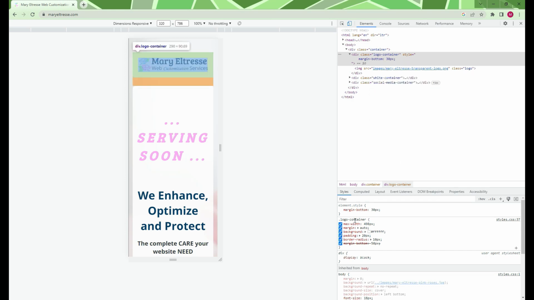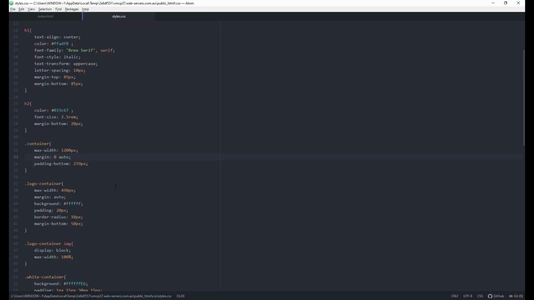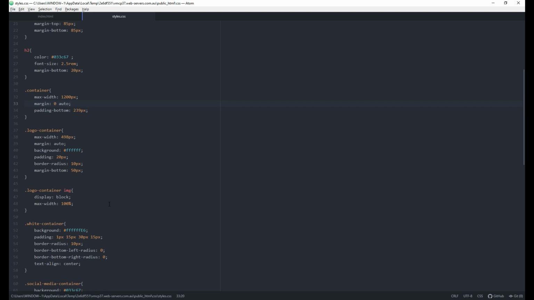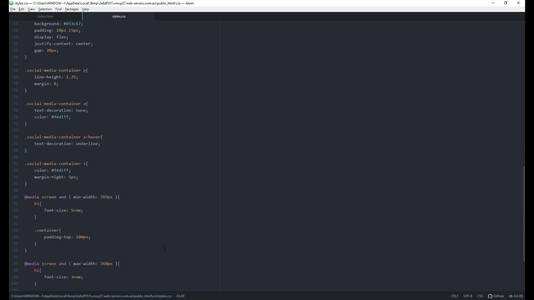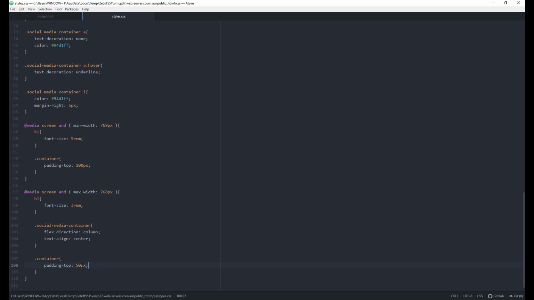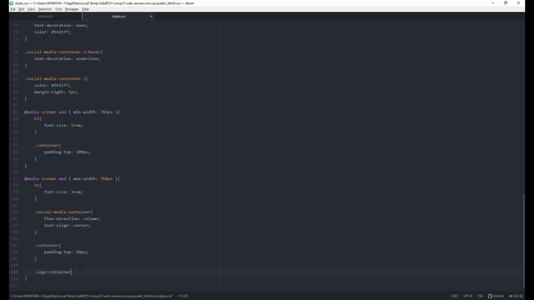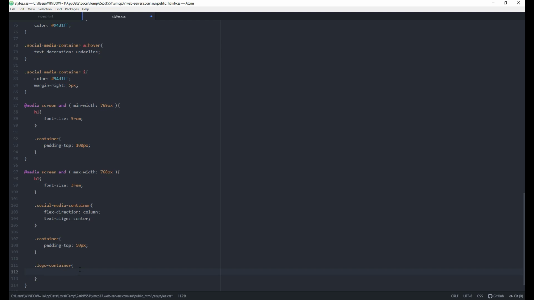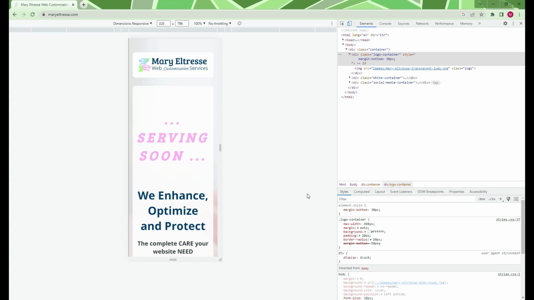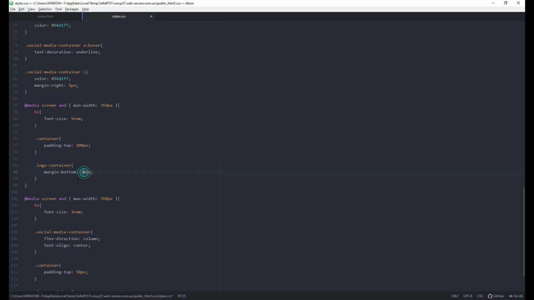Okay, and we'll copy the selector and we'll go back to the editor, and I'm gonna paste it down here on 768, and we will have a margin-bottom 30 pixel, and I will copy it to the top for desktop, and we will have a margin bottom 50,